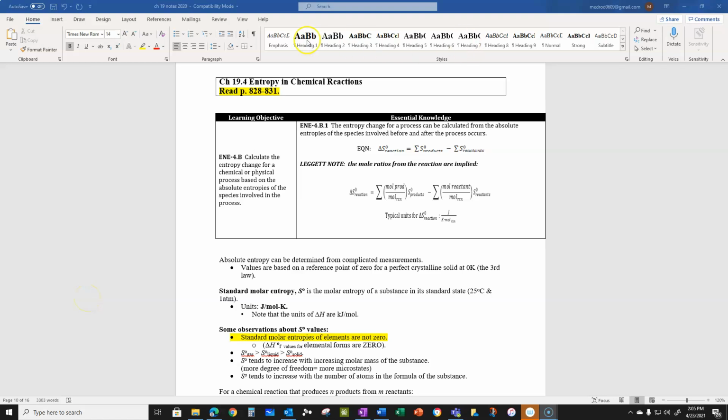Alright, AP, in the next video we have our favorite equation, products minus reactants. But we're just going to do it with entropy now. So learning target here, nice and simple. Calculate the entropy change of a physical or chemical process based on the absolute entropies of the species involved in